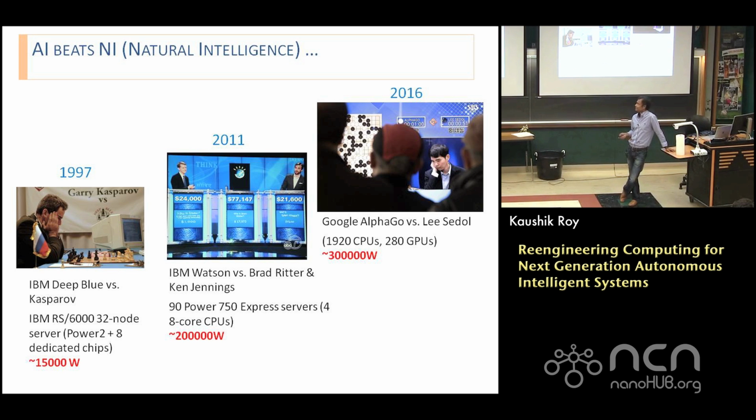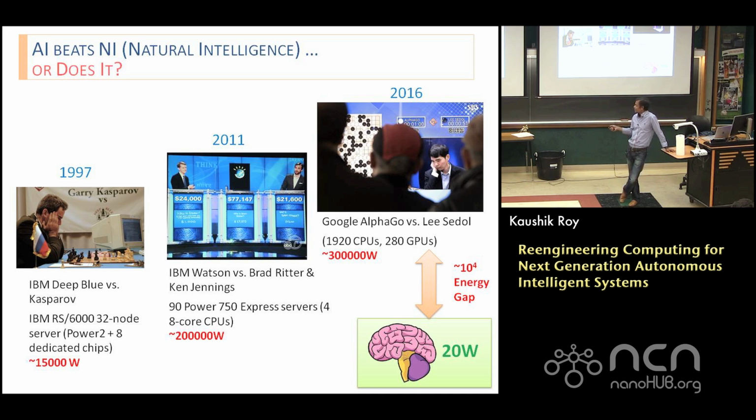But the question is, how does the brain do it? Certainly the brain lost, but it used about 20 watts or so. It's actually way less than 20 watts. The interesting thing is that the energy efficiency gap that exists today is about 10 to the 4 or so. So there's a need for methodologies and techniques that reduce that gap if you want to use intelligence on handheld devices, because you can't afford that much power consumption on your cell phones, as an example.